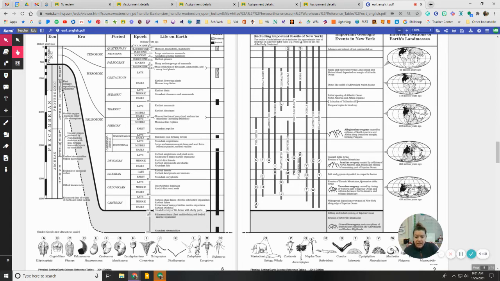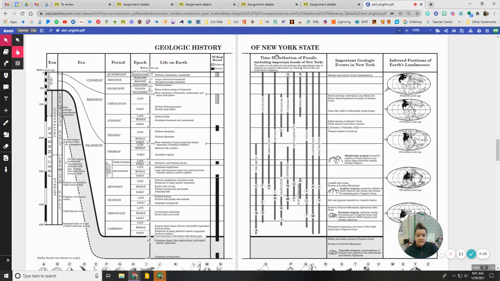If I look at L, that is the Coelophysis. This is the only dinosaur-looking thing that we can find in New York State. If you follow L across, that will have lived during the late Triassic. Wherever these lines end, like the trilobites end at the end of the Permian, that's when they all died off and went extinct. Nautiloids are still going because we still have nautiloids existing. If you look at dinosaurs, they only started to live partway through the Triassic, but then they all died off at the end of the Cretaceous. Okay, so that is the time distribution of fossils in New York State.